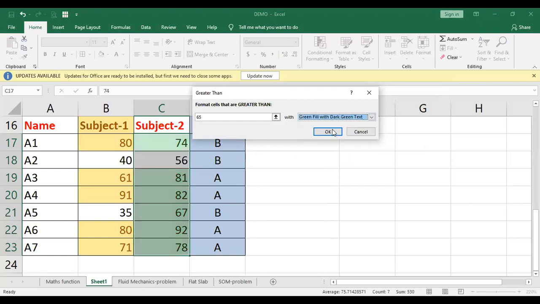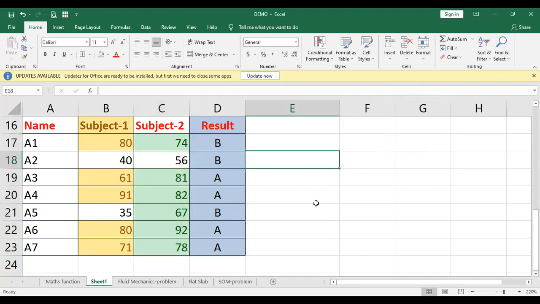Okay, fine. So that's how you can see, those who are having greater than 60 marks got highlighted with this yellow color. Those who are having greater than 65 marks have been highlighted with the green color here.